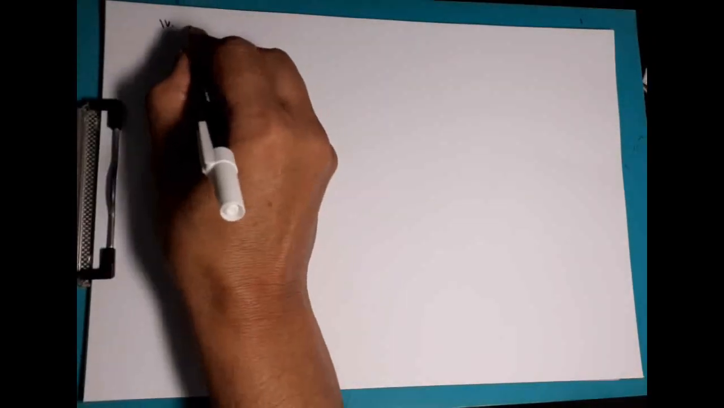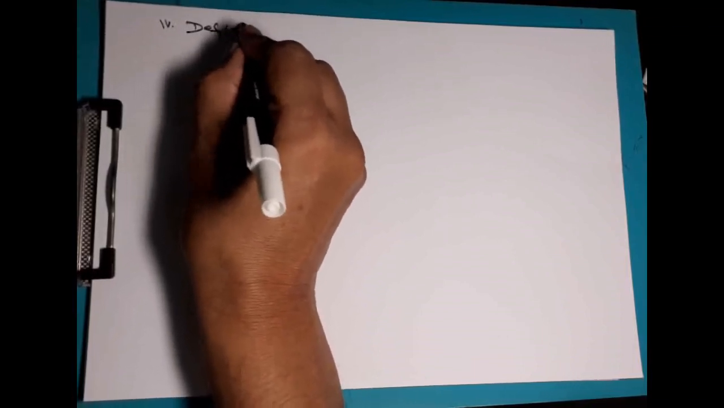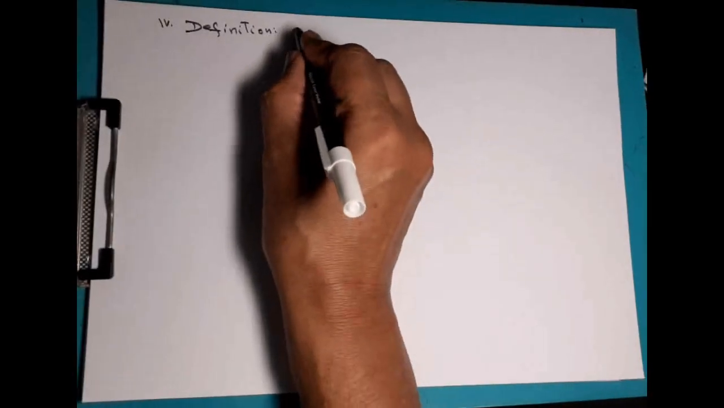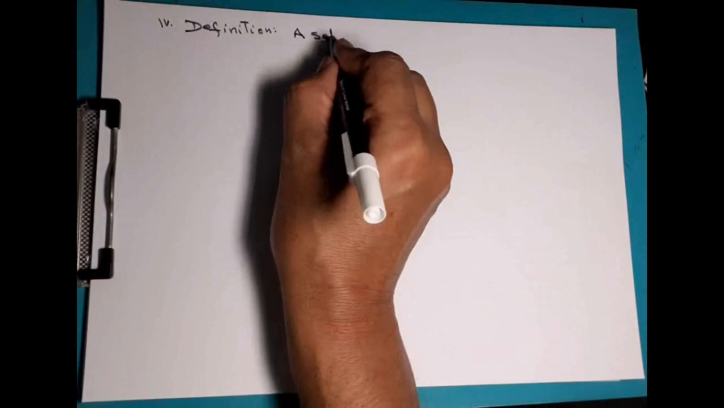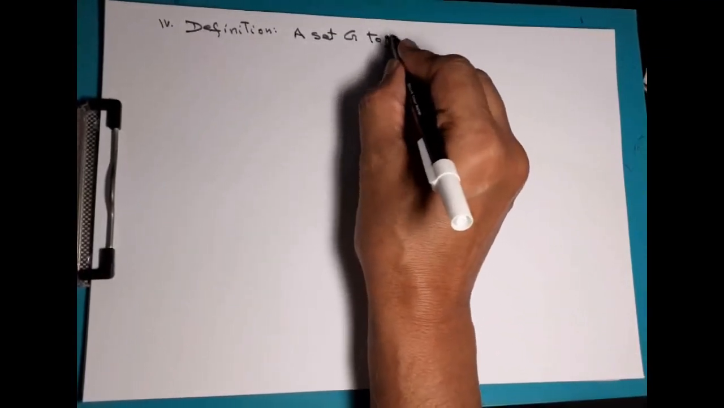So let's define what a group is. You already know the definition, but it is just to recall. So let's have the definition of a group. I'm sure that you understand this definition already, but let's just recall that. So a set G together with a binary operation,